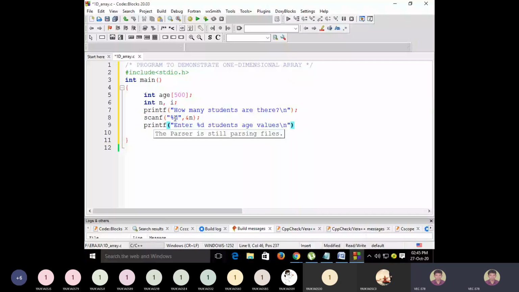Here, that means in a class only 5 students are there, 10 students are there, that number we are storing in n. Then on the screen it should display enter 5 students age values, enter 10 students age values. That way the message should appear on the screen.